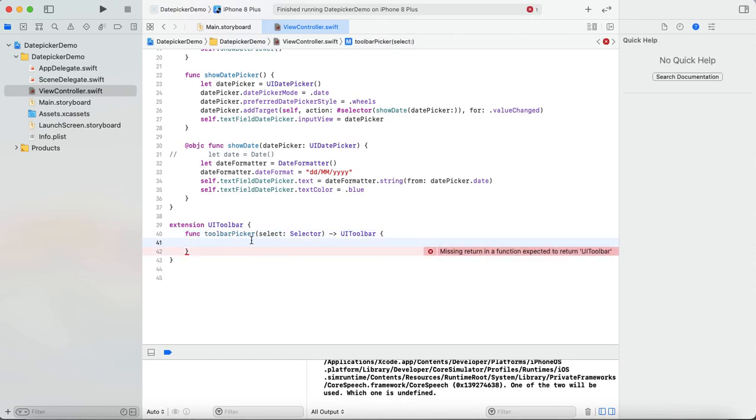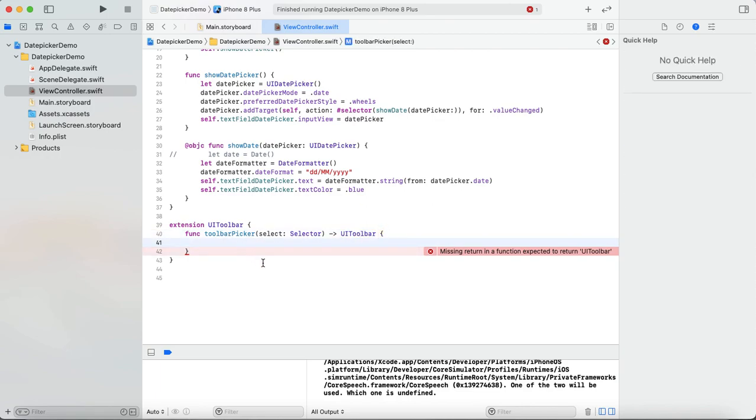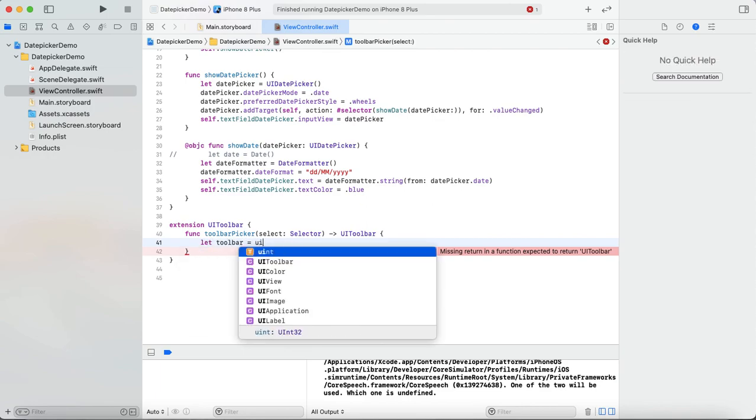So what this function will do is that it will return a UIToolbar. So let's create an instance for the toolbar,